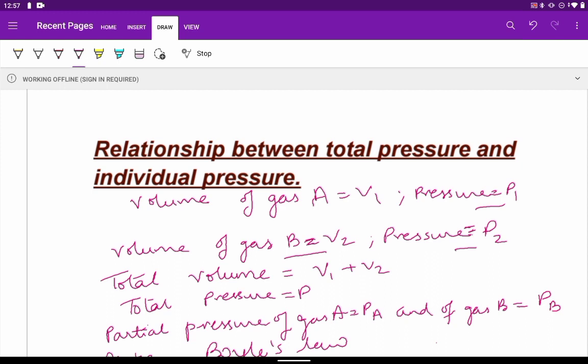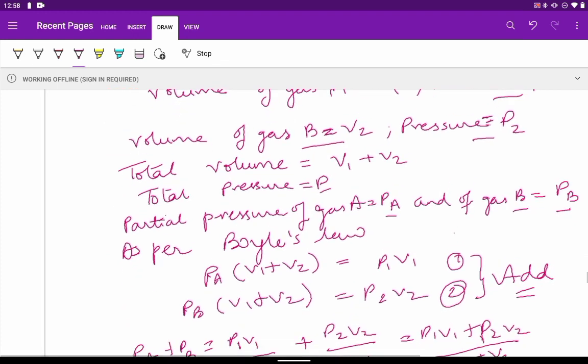So total volume V will be given as V1 plus V2. Total pressure is P. Partial pressure of A will be PA. Partial pressure of gas B will be PB. So we know that